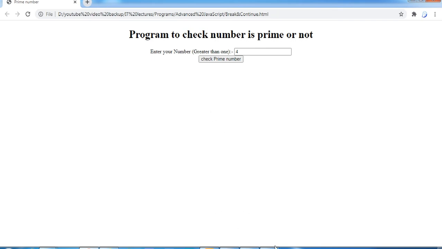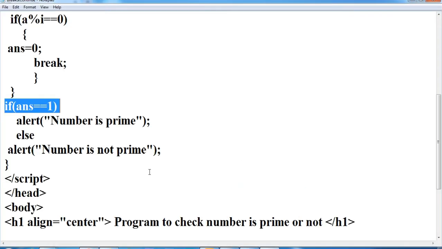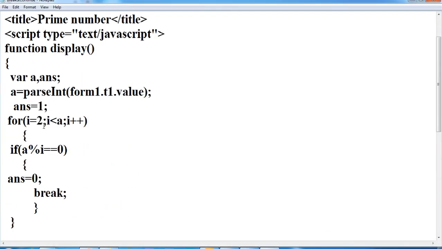Let's check it. I am entering the number 4 here.